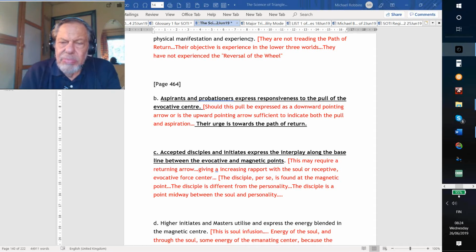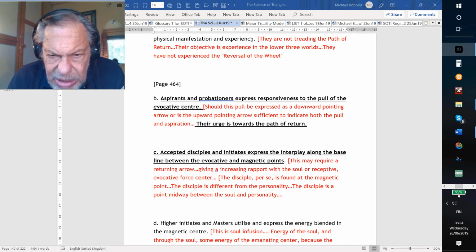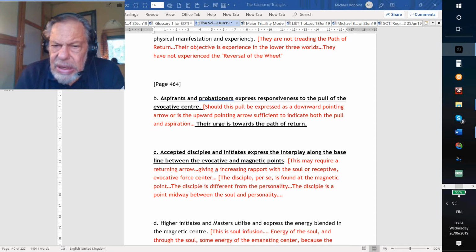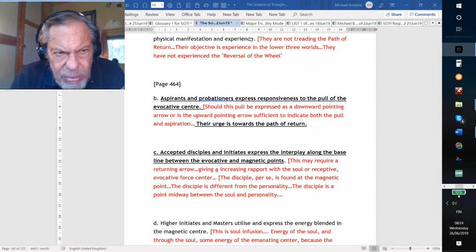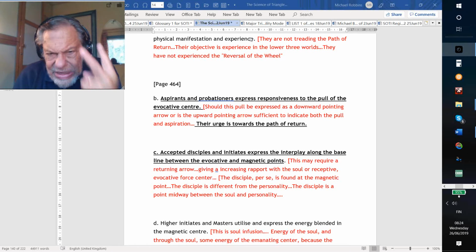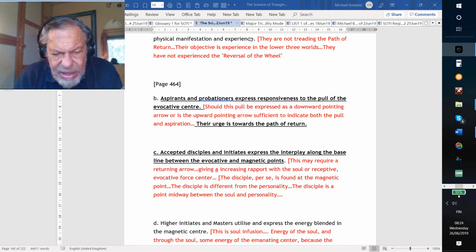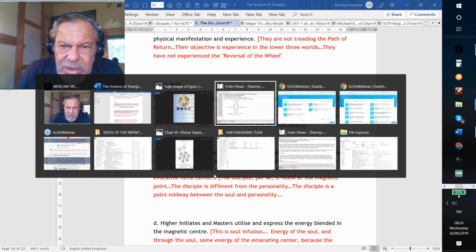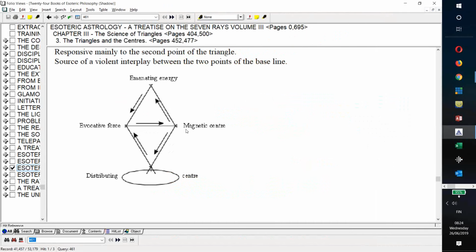In the beginning, it's the monad, it's the soul, it's the personality, but before long, it ends up being the soul in a special relationship to both the monad and the personality, and the magnetic center changes from just the separative, selfish personality into the disciple, the true aspirant, someone who has soul energy working within the personality. That's its second meaning, and it will have a second meaning because after the magnetic center is passed once,